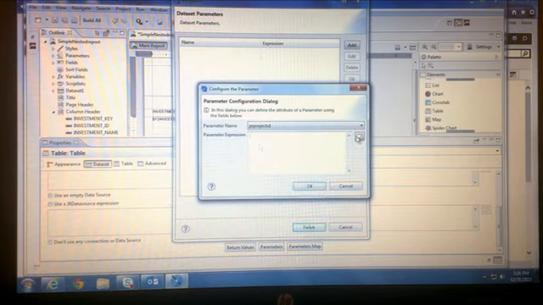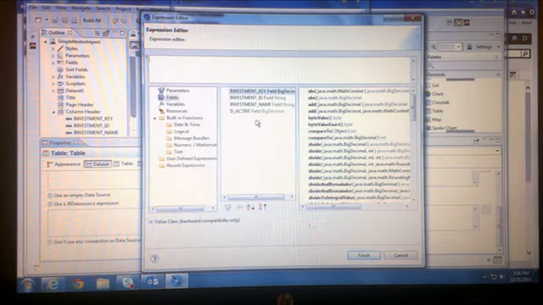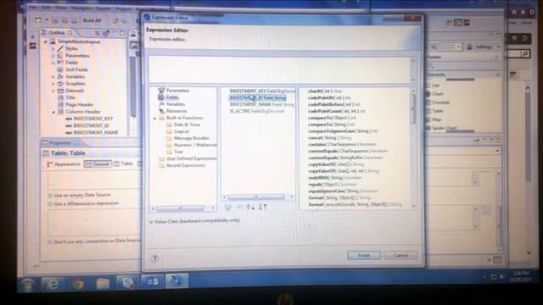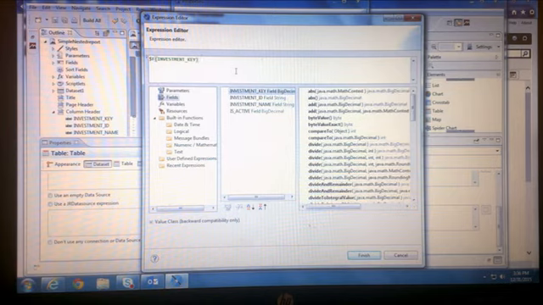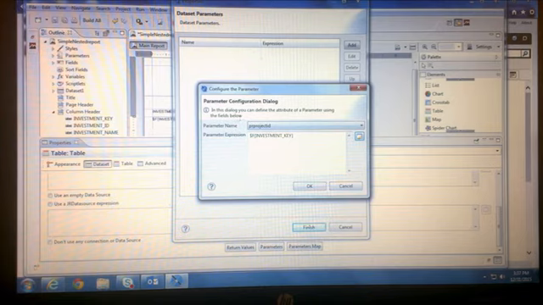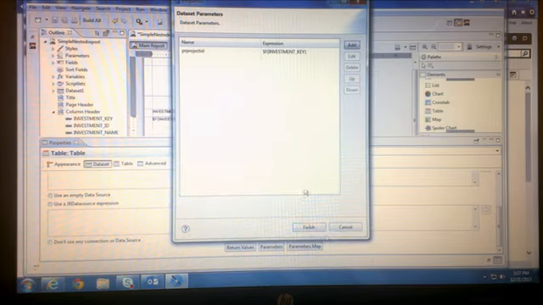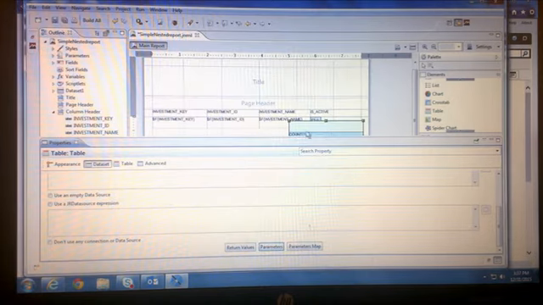Next thing is this parameter should be equal to the investment ID, or I think it is the investment key, because investment ID is the project code, key is actually investments.id. So I'll save this. Remember this configuration. Now this is making this table dependent on the particular project ID that is getting filtered.